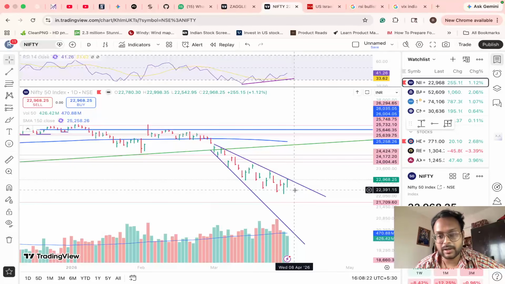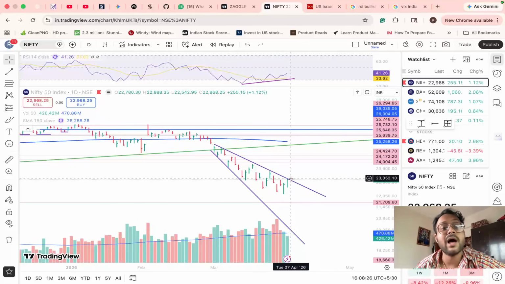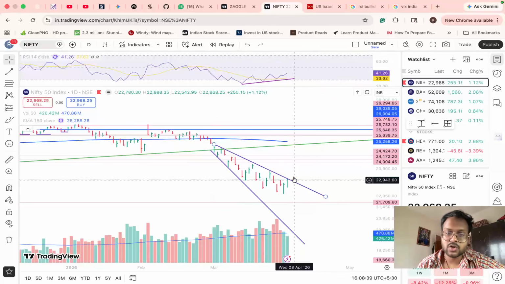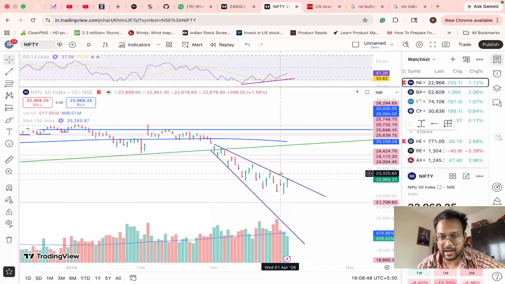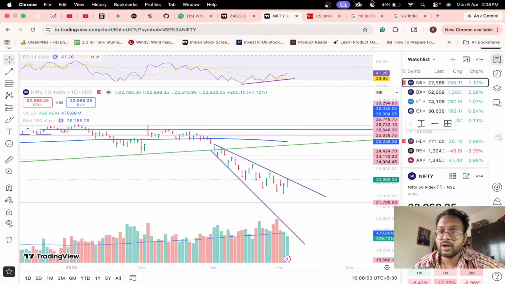Then the next important thing is, even if it breaks up and closes tomorrow on a high day, above this upper trend line, it does not provide a guarantee that the trend will continue. This is because there is always a chance of false breakouts during bear markets. So we will have to see that tomorrow not only the price of our index closes above this upper trend line, upper resistance line,